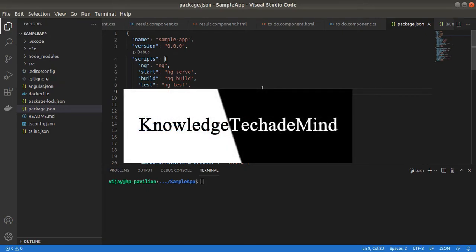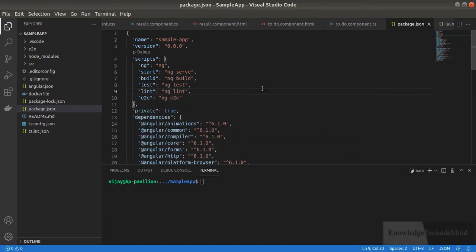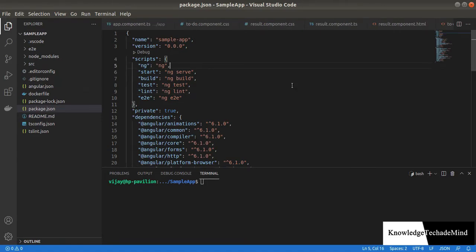In this video, I am going to show you how to run an Angular application in a Docker container and debug an Angular application via Visual Studio Code on your local machine. If you don't know or want to know the different ways to debug an Angular application in VS Code, then please watch the video linked in the description below.